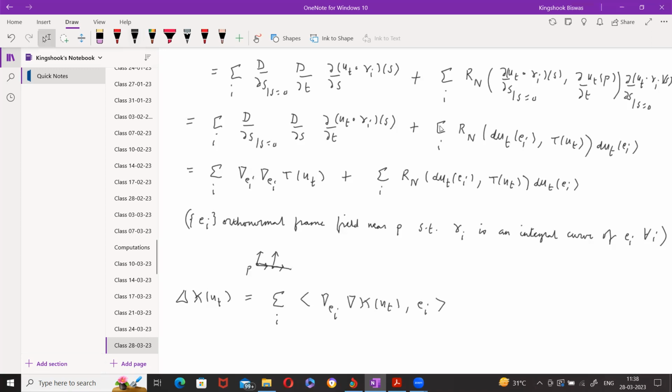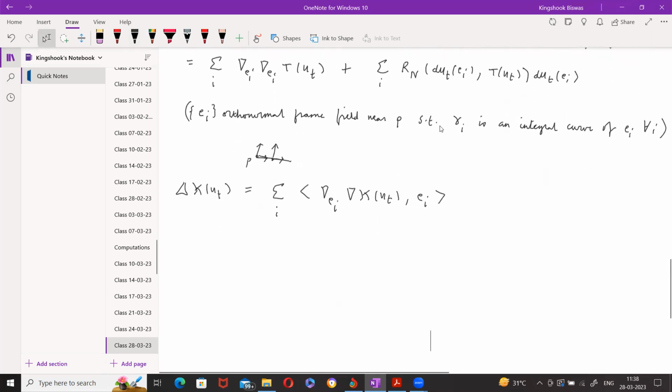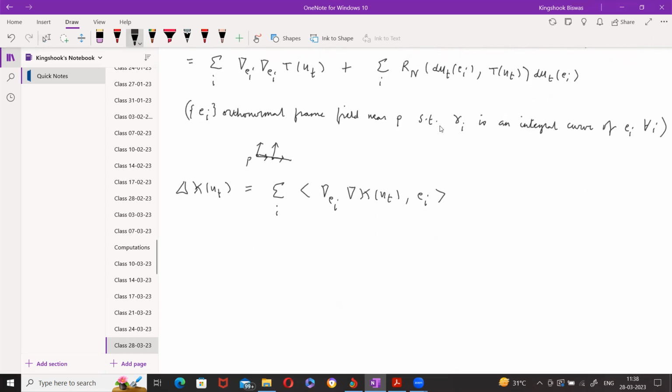This is the Hessian acting on EI. Now this I can write as EI acting on the function grad kappa inner product EI,